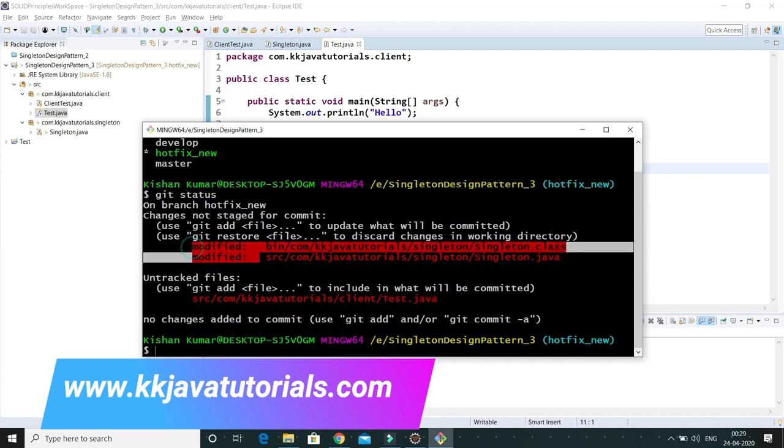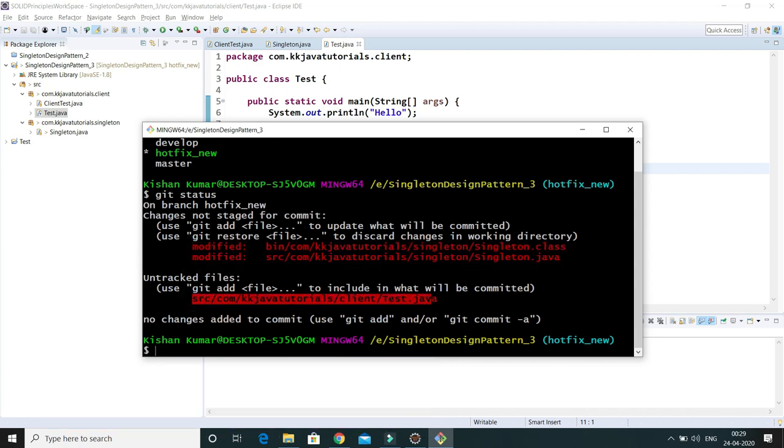So these two are modified and this one is a newly created file. That's what git is telling me. The status of these two files is modified, but the status of this file is untracked, because we haven't committed these changes to our repository yet.